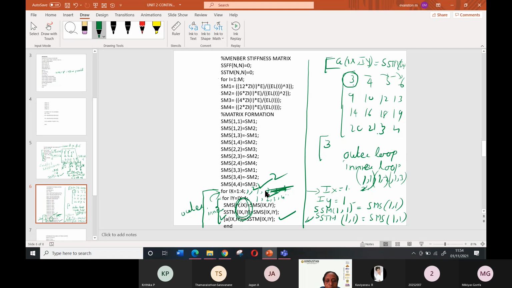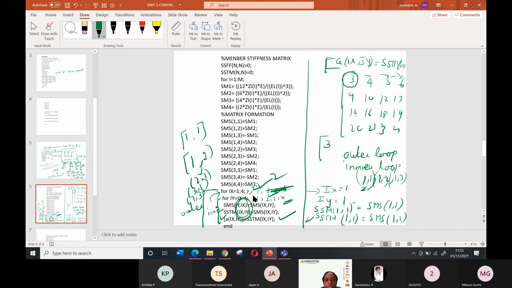So it will become, let us say this is first, it is 1, and the inner loop is becoming 1. So 1, 1 is stored. Now the inner loop changes while the outer loop is 1 only. Outer loop is 1, inner loop will become 2. That is 1, 2 will be stored, and 2, 1 also will be stored. Like that, 1, 2 and 2, 1. Then it will become 3, 1, then 1, 3. Everything will be stored like that.